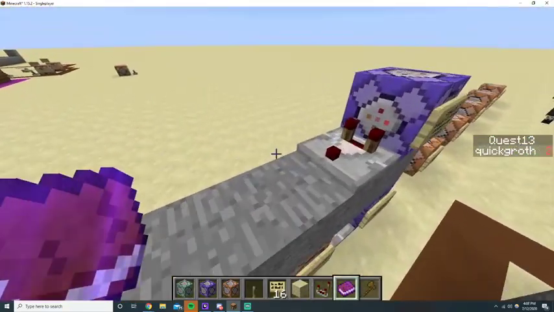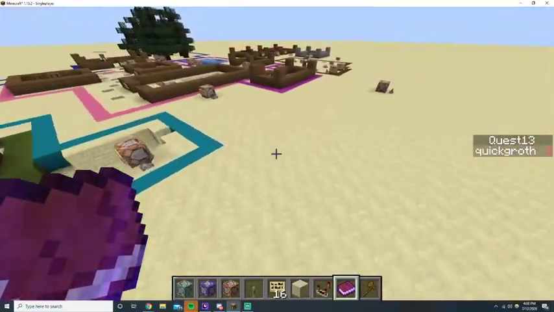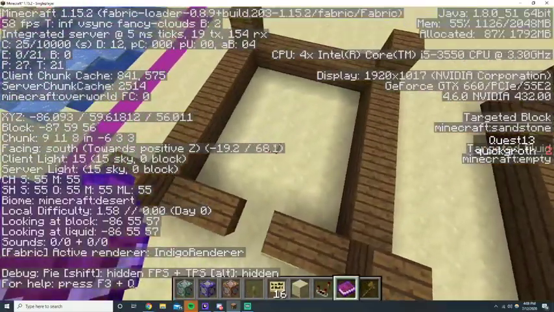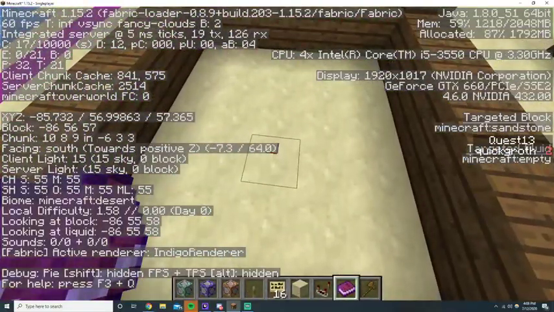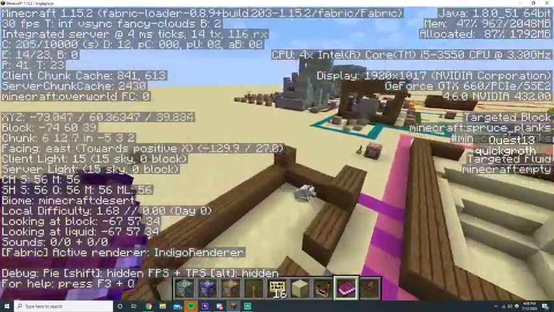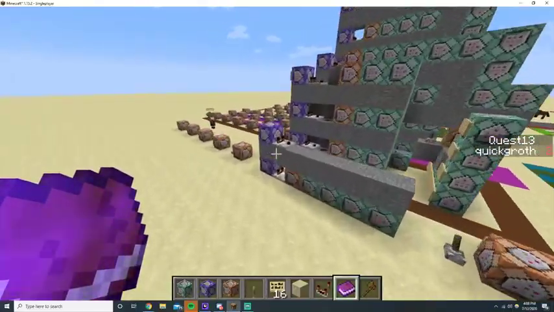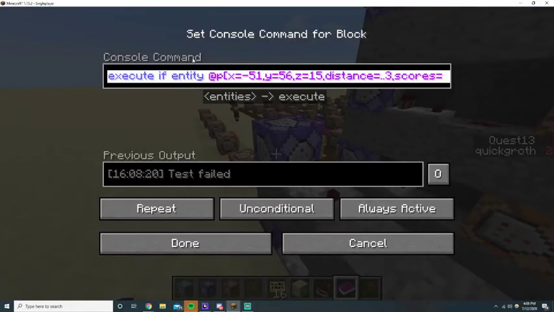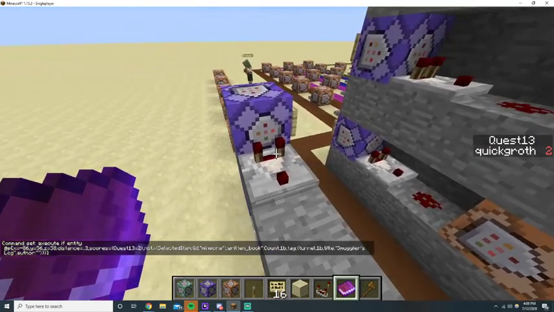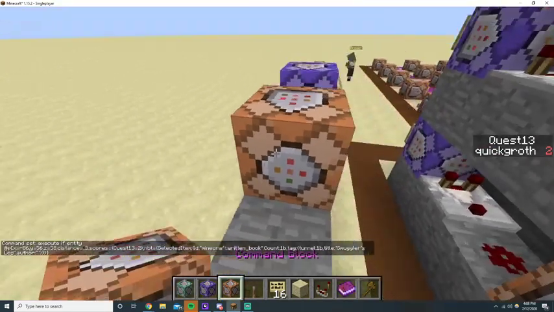Alright, so that's going to be changed to the coordinates of the brewery. Alright, so once it does that, it's going to